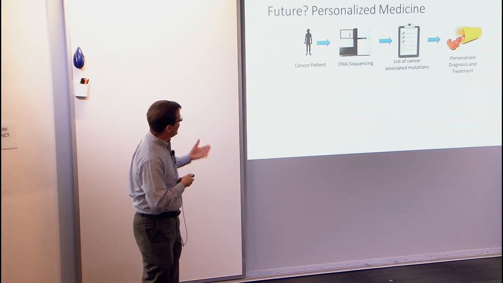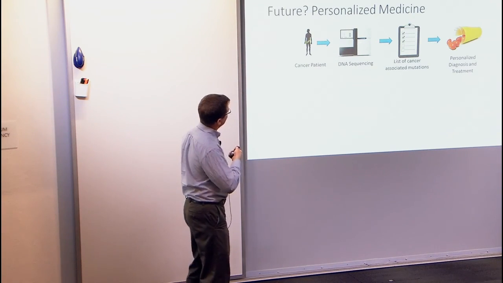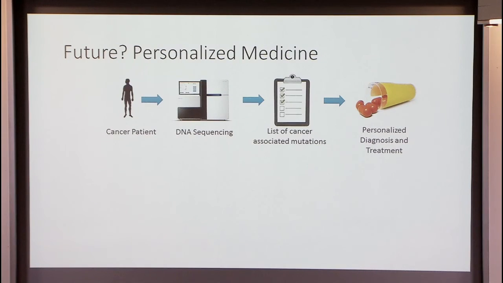Parts of this are happening now, in larger cancer centers. If you have particular cancer types, you're enrolled in clinical trials and they'll sequence your genome. So it's actually a very fast-moving space, but there are lots of challenges along each of these steps. And many of these challenges actually are computer science challenges. And of course, I work in this area, so it seems like I'm biased, but I'm not the only one saying this.